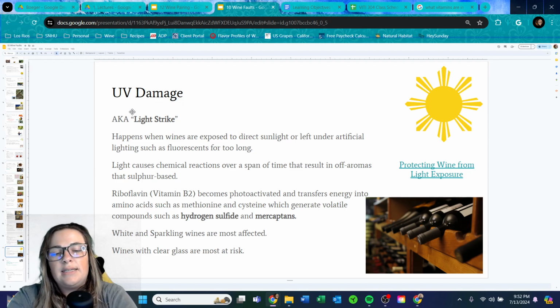So what happens is when wine's exposed to UV light, like outside, but also indoors as well with like fluorescent light bulbs, when it's left under these lighting conditions for too long, the UV light will actually damage the wine. And what happens is